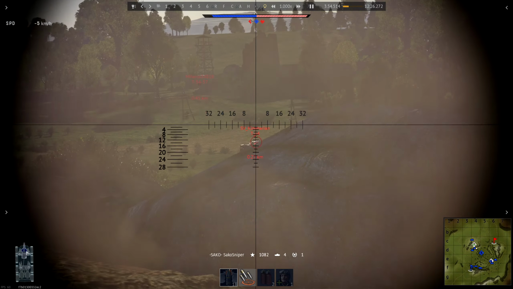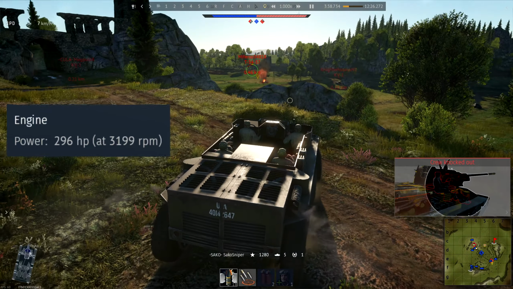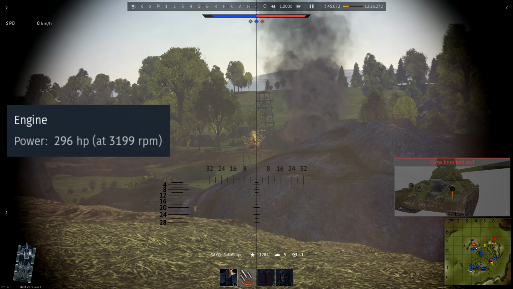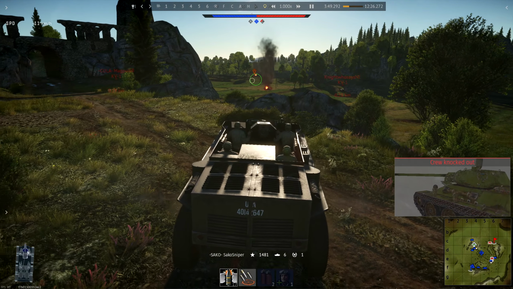Starting as always with the engine and performance, and the T55E1 is powered by an engine producing 296 horsepower. Combined with the vehicle's weight of 13.7 tonnes, it gives the tank a power to weight ratio of 21.6 horsepower per tonne. This is incredibly high for a battle rating 4.7 vehicle, and it gives you an insane level of